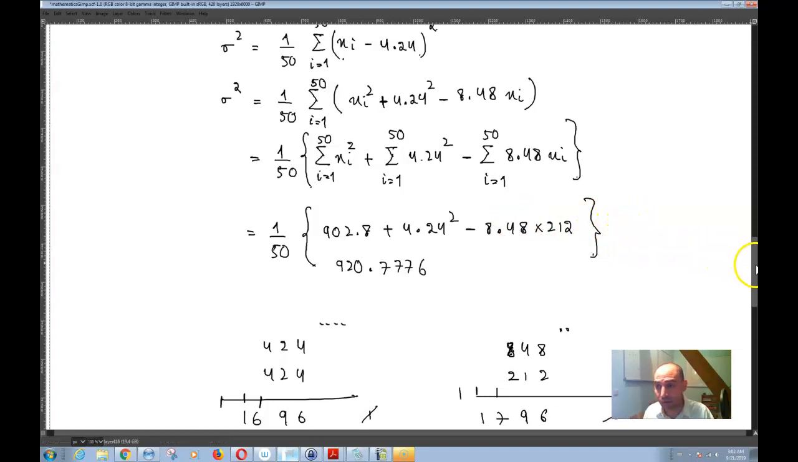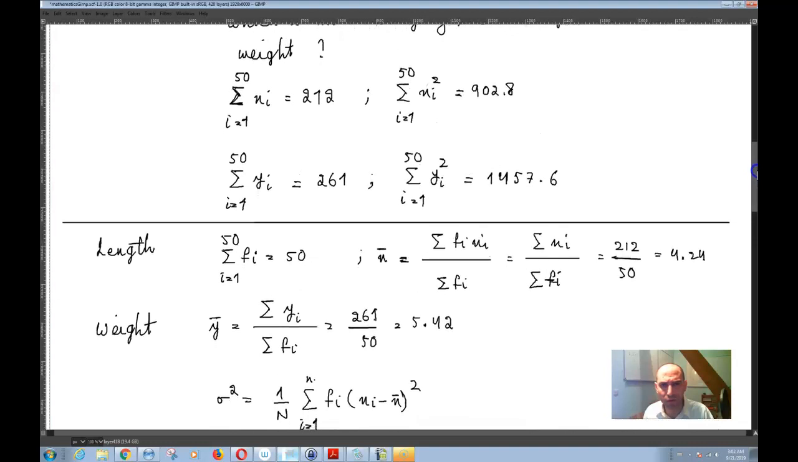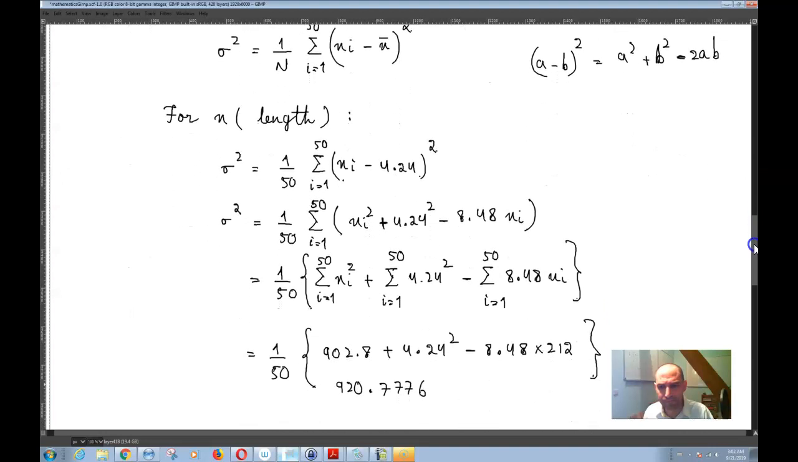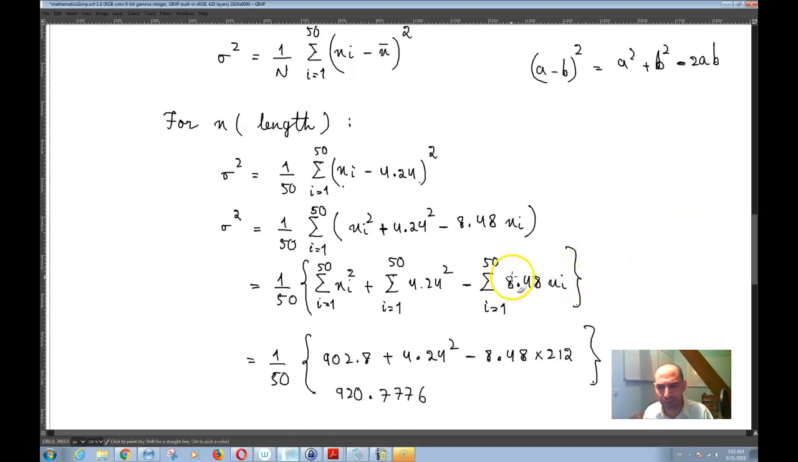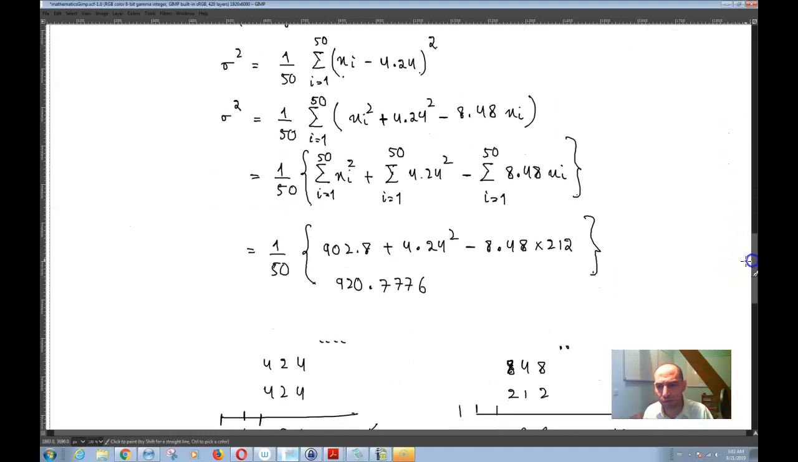Sigma x sub I squared is 902. Sigma x sub I, 8.48 times 200. Sigma x sub I is 212. Now let me do this calculation with the calculator. Let's see what we get. So 8.48 times 212 is equal to 1797.76, and